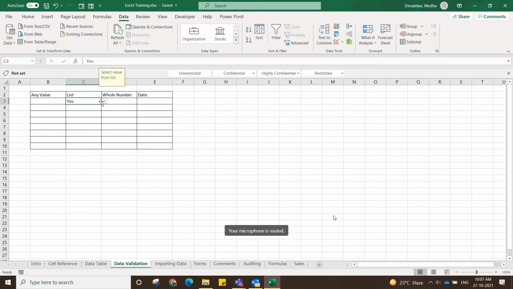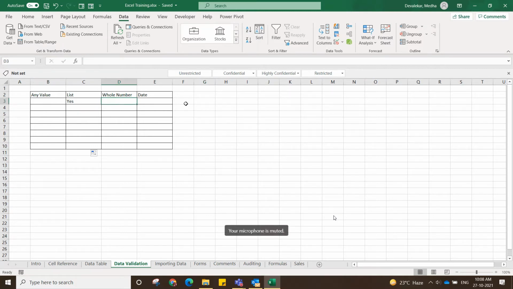Likewise, you can decide what the user needs to fill in this column. This is the data validation, and once you click on this and drag it, the same kind of validation rule will get applied to all cells. Once you click on this, it will give you this box to select something from the drop down. So this is a list validation.